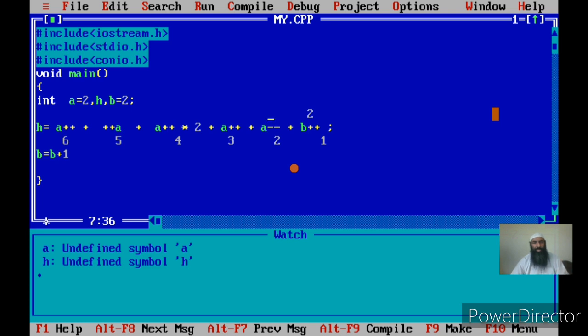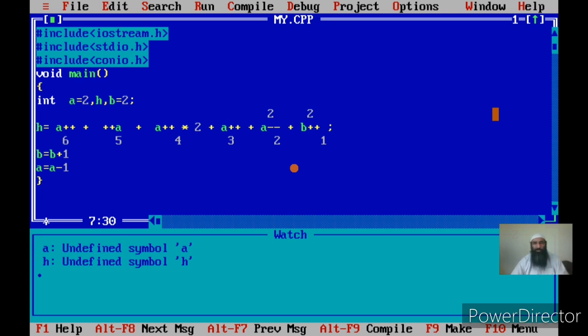Now what happens in this case? Again, a has to be decremented once, that is a is equal to a minus 1. That is afterwards. These statements I am writing just to explain; I will be removing these statements. Now what happens? So value of a is still 2. Okay, now next, the third incrementation is performed because all these incrementations have the same precedence. So associativity, again, is right to left, not left to right, for increment operators and decrement operators.